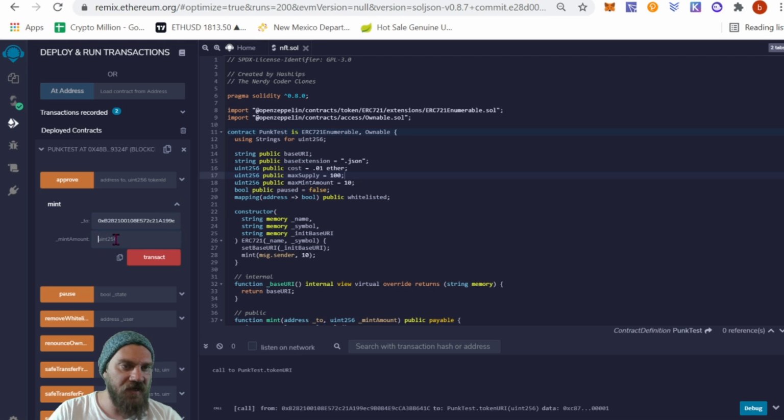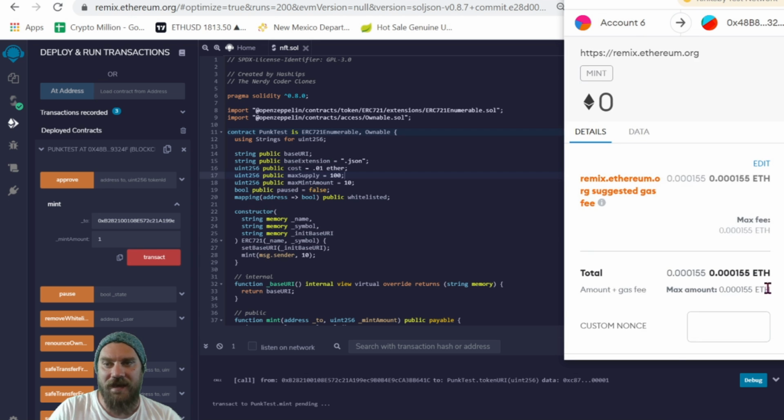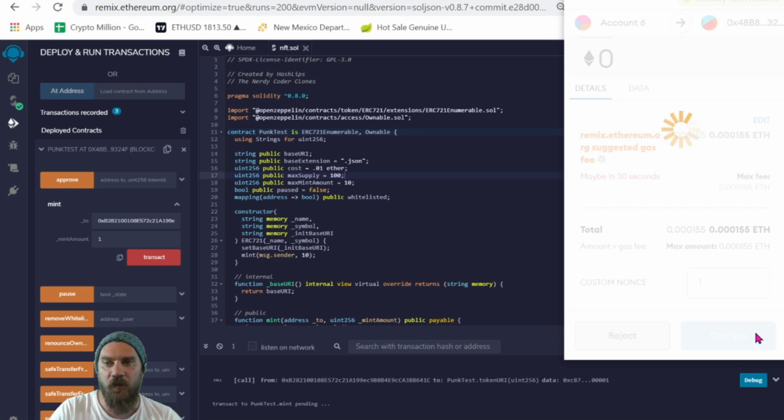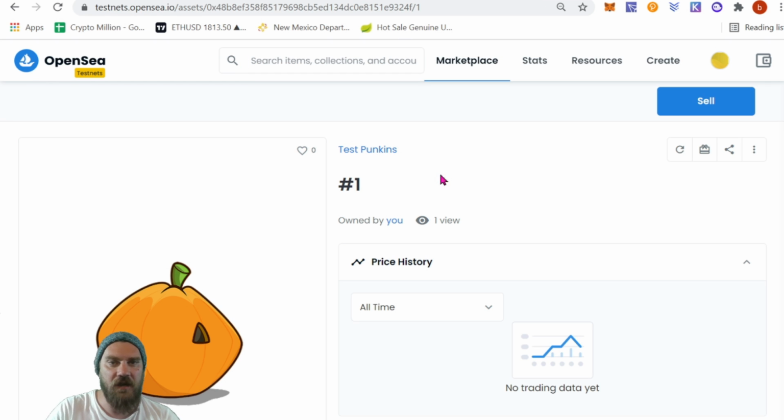Paste our address in, and let's mint another pumpkin. So let's go ahead and transact. We're going to have to pay that gas fee. Again, we're on the test network, so no big deal. And there we go, successful. Now when we come back and check our wallet,